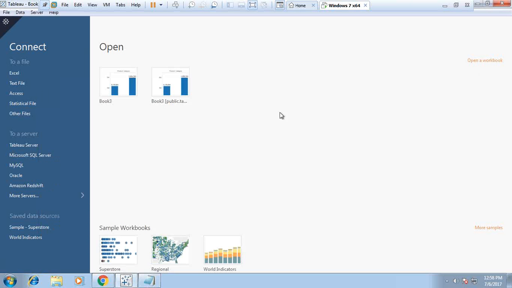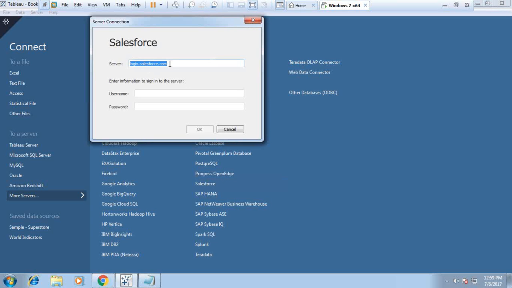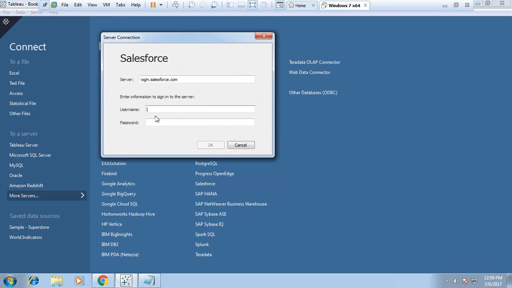So this is my Tableau desktop, and I would be going to extract the data directly from Salesforce. So I click on Salesforce. Server is login.salesforce.com. I would be requiring the username. So my username is